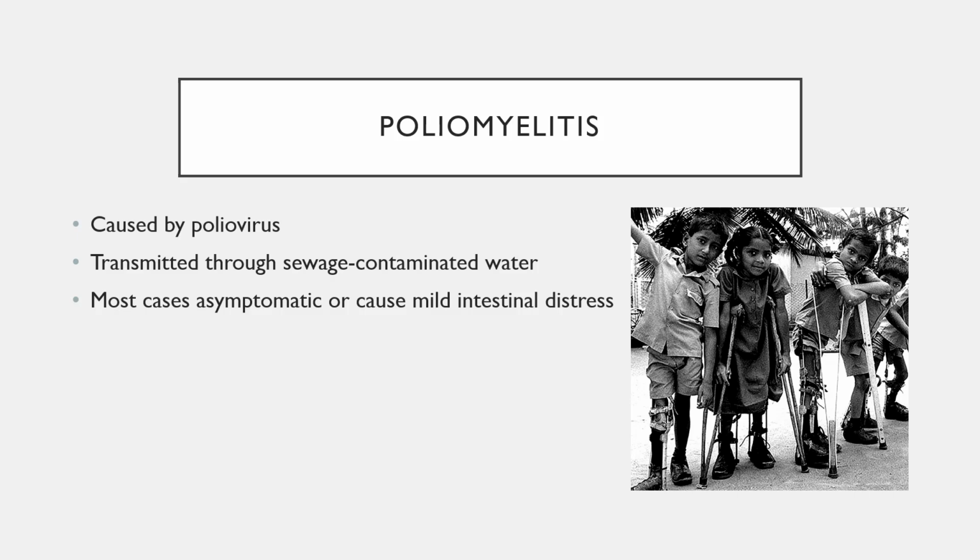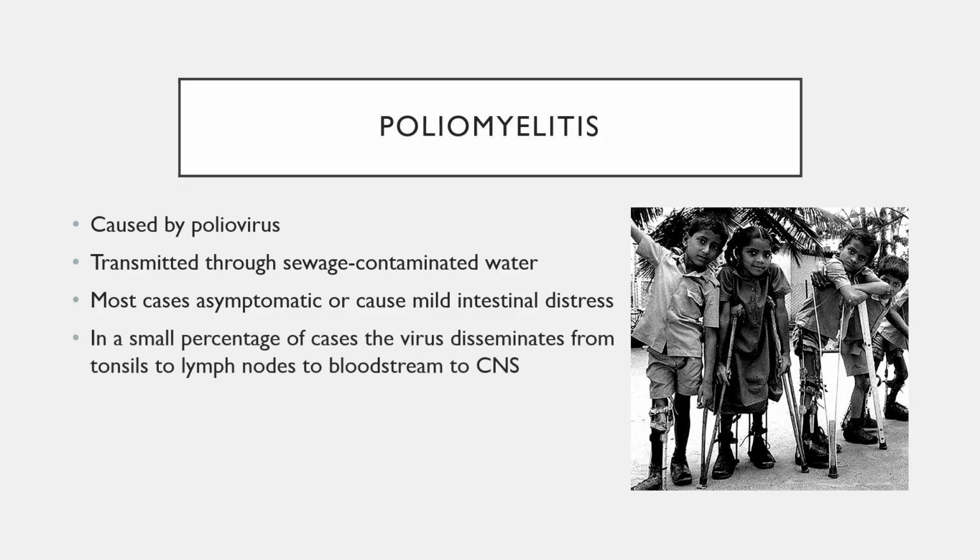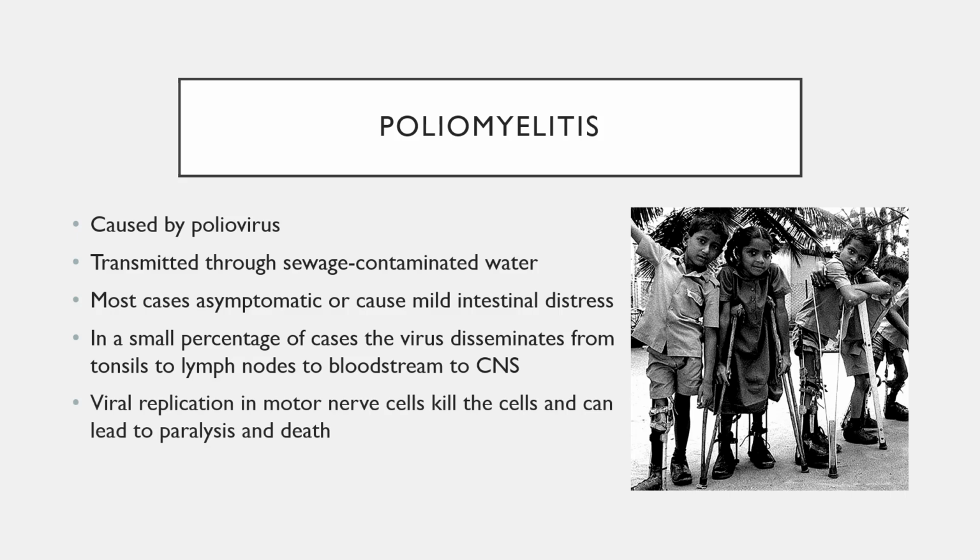However, in a small percentage of cases, the virus disseminates from the tonsils to the lymph nodes into the bloodstream, where it makes its way to the central nervous system. And in these cases, the virus will replicate in the motor nerve cells, which can kill those cells and lead to loss of function, paralysis, and death. So polio used to be a disease that was responsible for paralyzing many people, including large amounts of children around